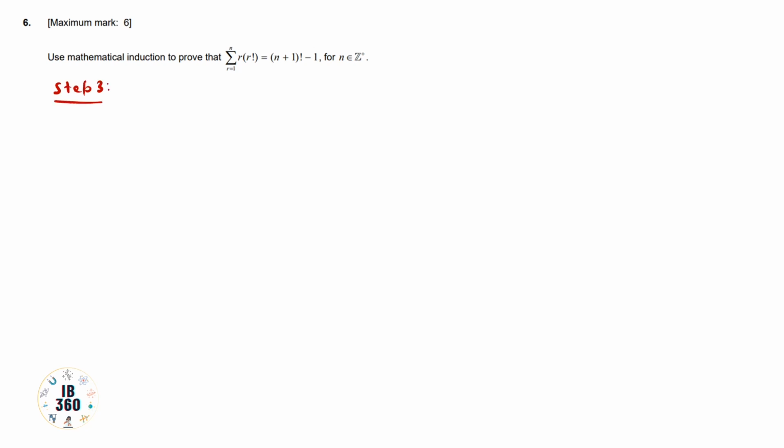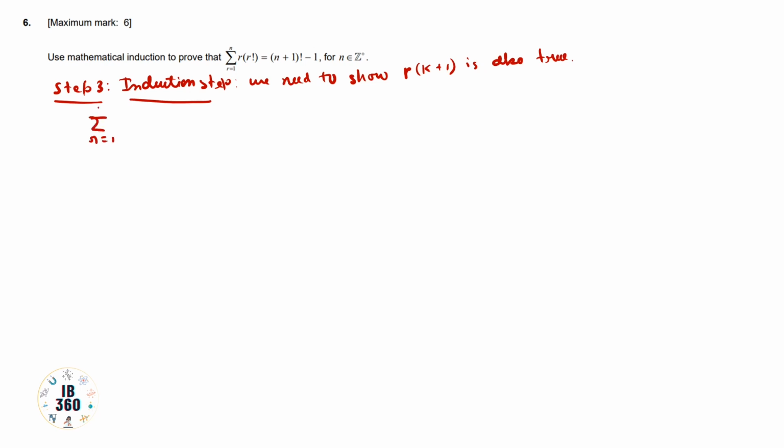So step 3 is called the induction step. So in the induction step we need to show P of k plus 1 is also true. So if P of k plus 1 is true, then the limit will be from summation r equals 1 to k plus 1. Because in the previous slide you can see that the summation was from 1 to k, but now we need to find the induction for the k plus 1th term. So summation r equals 1 to k plus 1, r times r factorial is equal to,